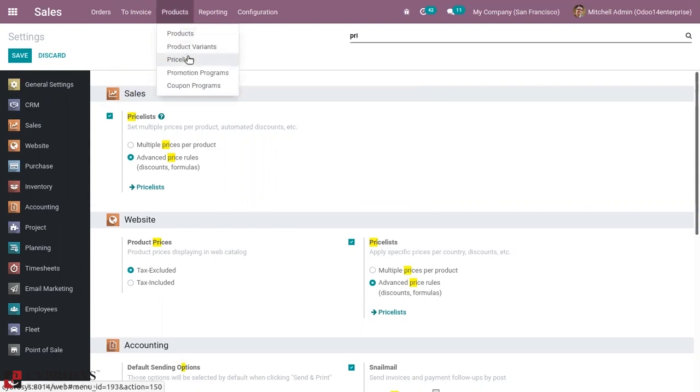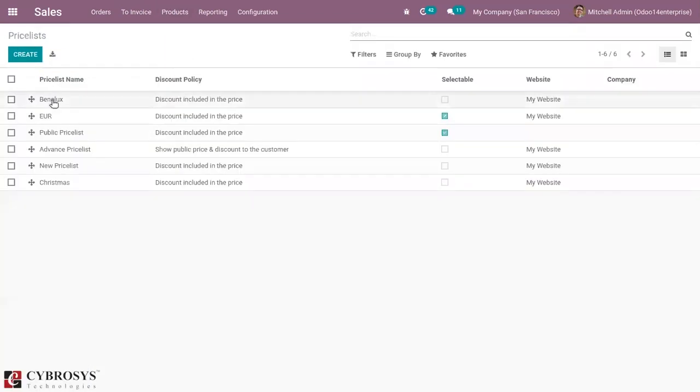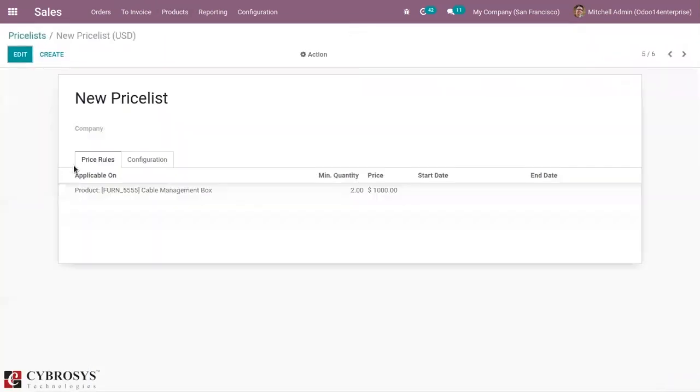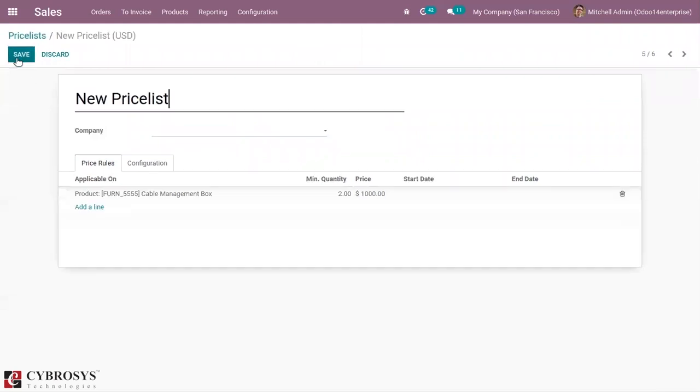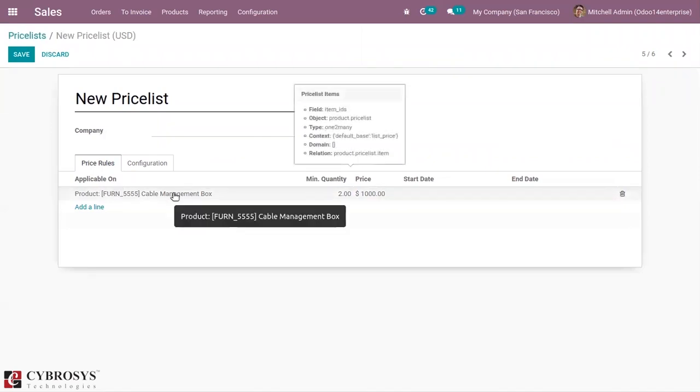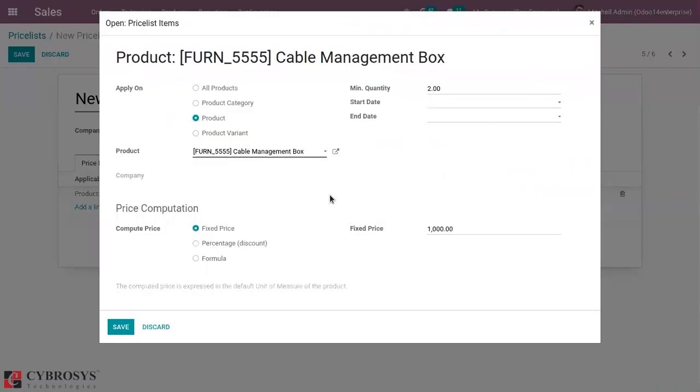When you come under products, you can see all the price lists. When I open a new price list, you can see I've already added a price rule, which is applicable on the product cable management box. For when a customer purchases a minimum quantity of 2, this rule will be applied. The computation method is fixed price.